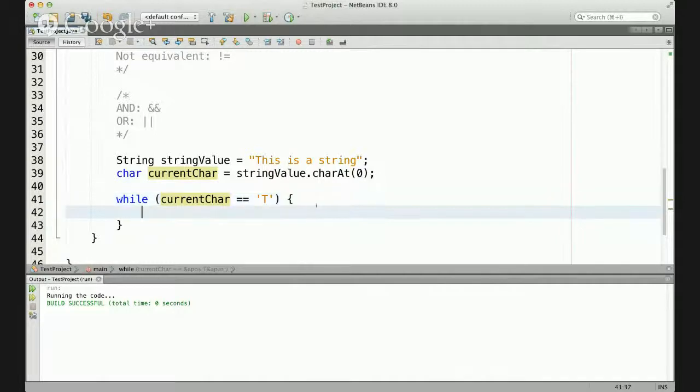This is an infinite loop. Current char is currently the first element of the string, which is a capital T. So while current char is equal to capital T, this loop will run. Because current char never gets changed, this loop will go on forever, and your computer will eventually run out of resources and crash. So this is really bad. The only way to make this stop is